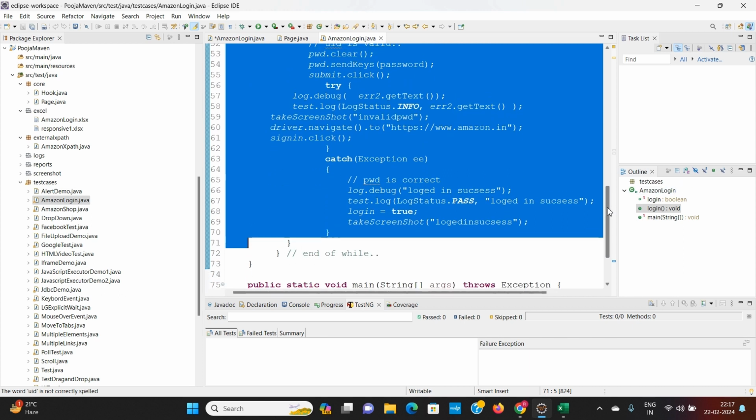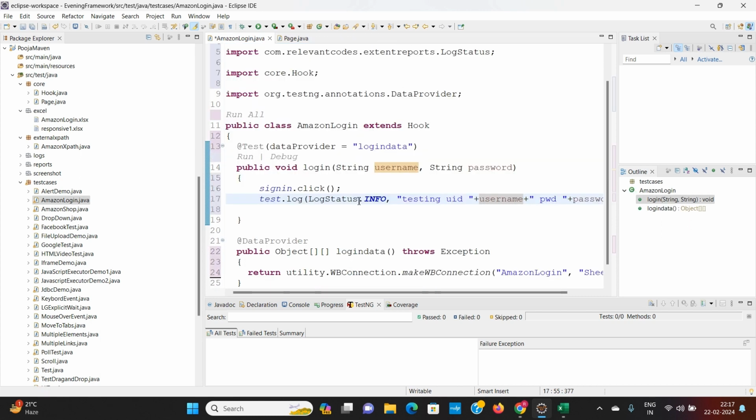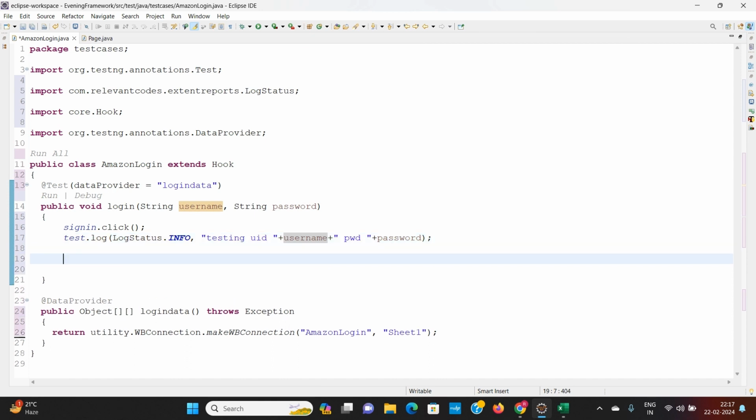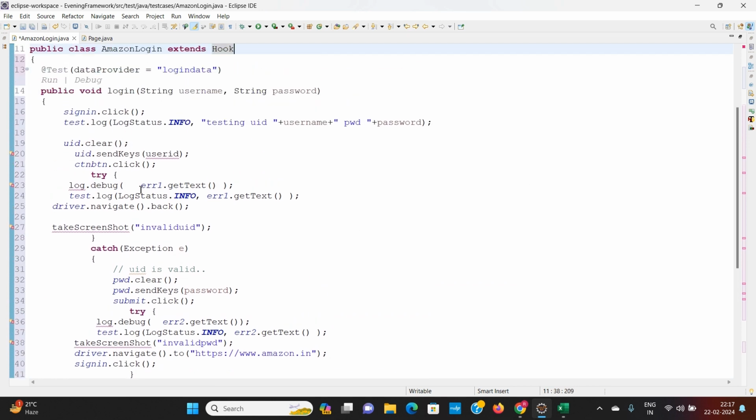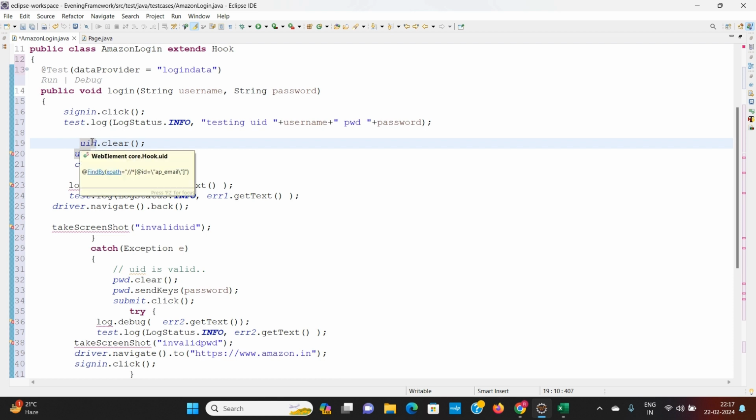Okay. So we have taken this copy and paste it over here. Same logic. Okay. Now you can check whatever the things are giving the error. User ID, all these are coming from the external hook.id. Na? Then